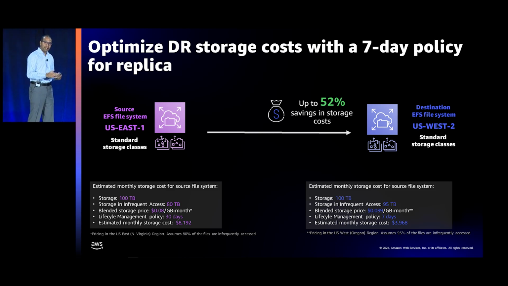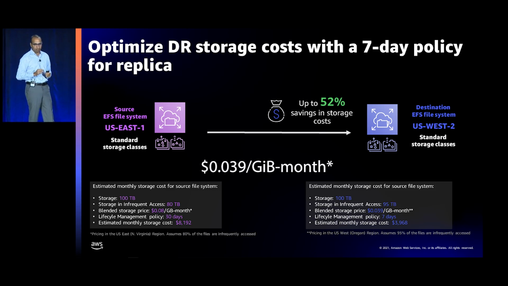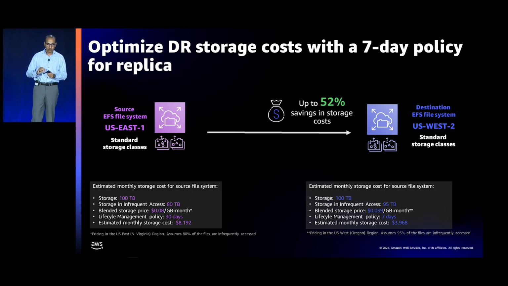Now, for the destination file system in the US West 2 region, you can expect that a higher percentage of the files are going to be infrequently accessed. It is your replica. It's not being actively used. So you can expect that 95% of the files are going to be infrequently accessed. So out of that 100 terabytes of data, 95 terabytes will be stored in the Standard-IA storage class. Now, with an aggressive 7-day lifecycle management policy, you can achieve a blended storage cost of 2.2 cents per gigabyte per month, putting you at a monthly storage cost of